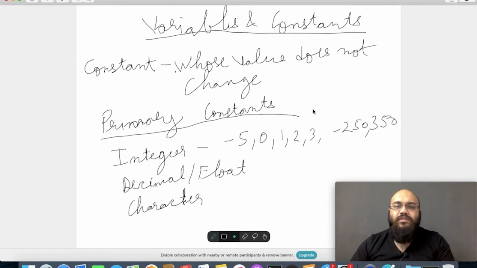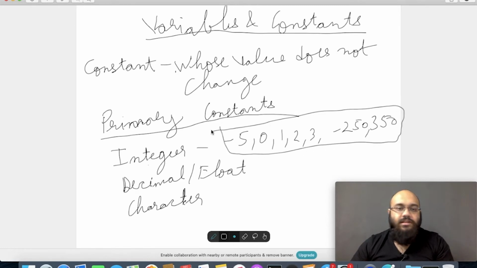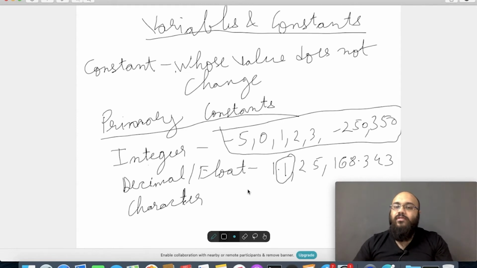Any of these whole numbers are categorized as integers. Float values are floating point values, which are decimal values. So 1.1, 2.5, 168.343. Anything which has a decimal in it is called a float.